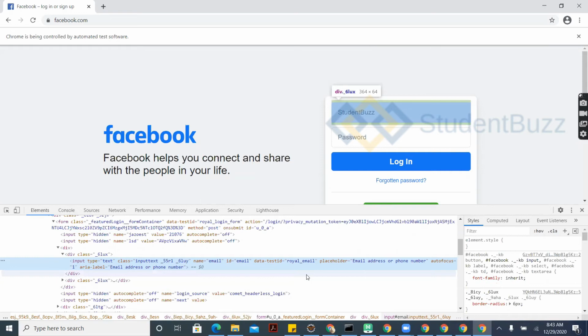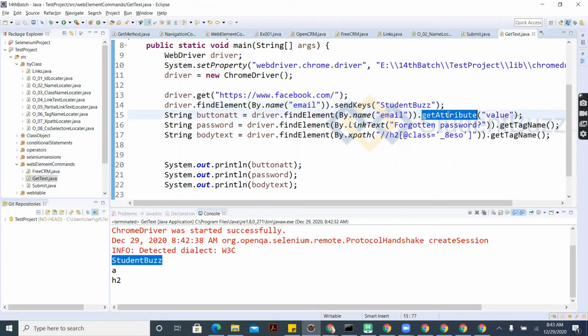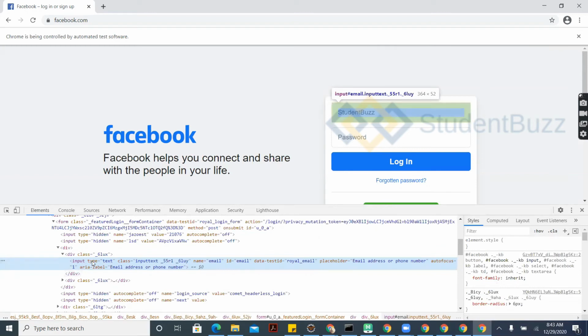Maybe it is hidden or kept somewhere so it is not in a visible mode. Maybe a data security policy or something, so that is why they are not showing it here. So get attribute is going to return whatever attributes you have inside the tag: type, class, name, ID, data tested, whatever is there inside this particular tag name. That particular attribute or property value is going to be returned by using the get attribute method.